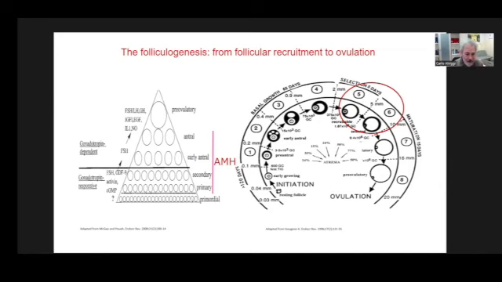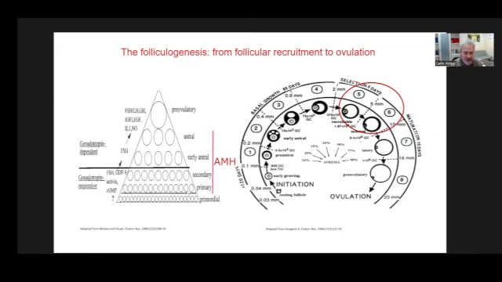Because in this pyramid, there is an equilibrium and a proportion among different stages of follicles. So in this pyramid, we can hypothesize that the more the number of primary follicles, the more will be the number of antral class 5 follicles during our antral follicle count. So if I have, for instance, 15 antral follicles at the moment of our scanning, I can hypothesize that the basis of the